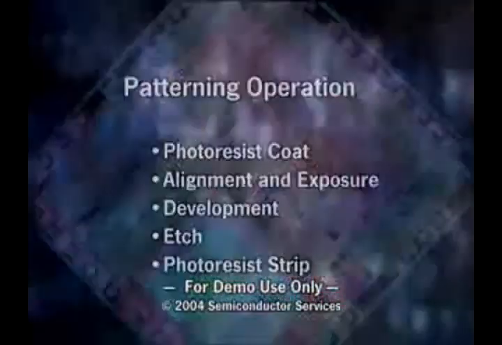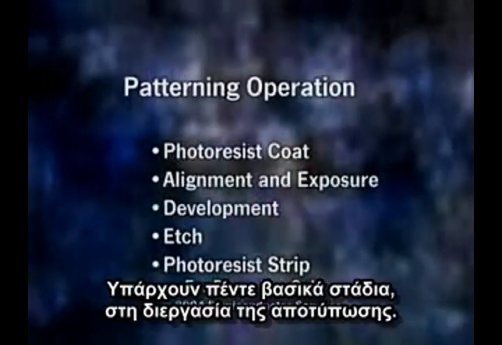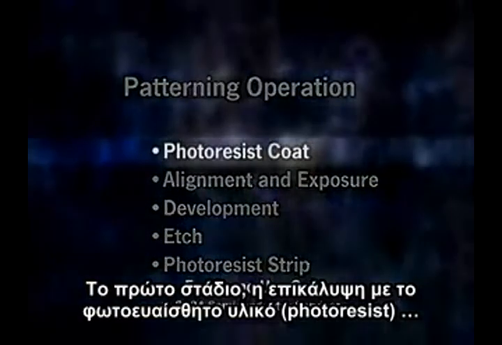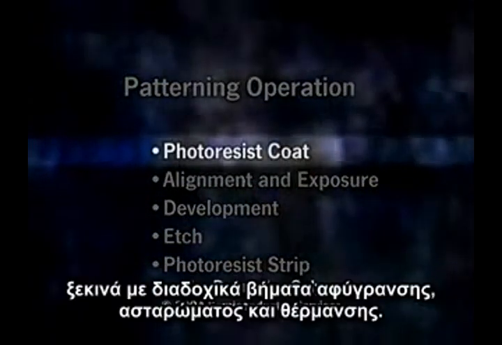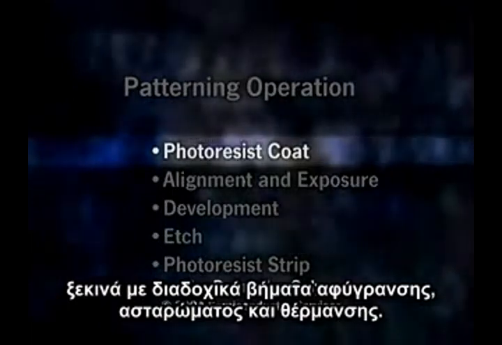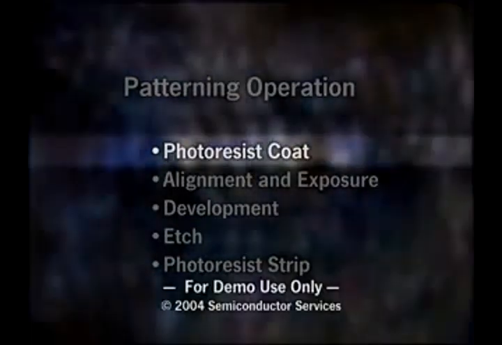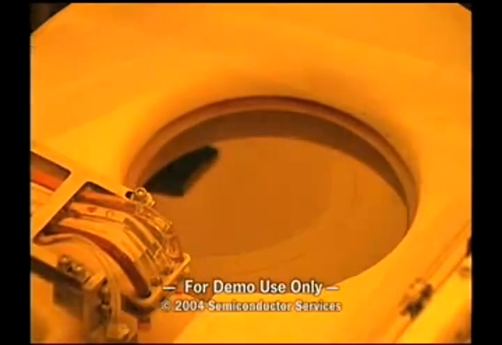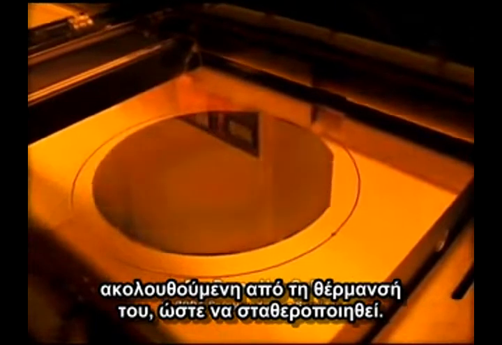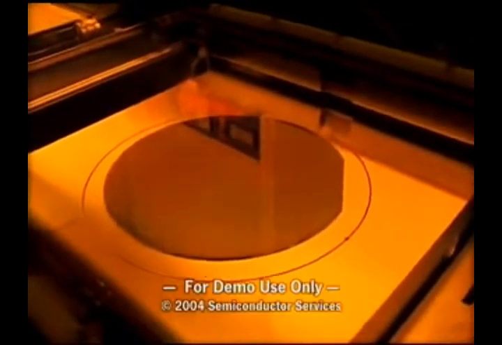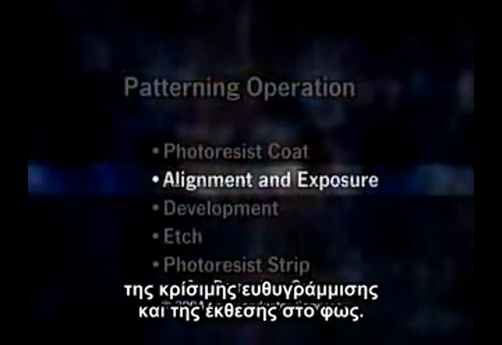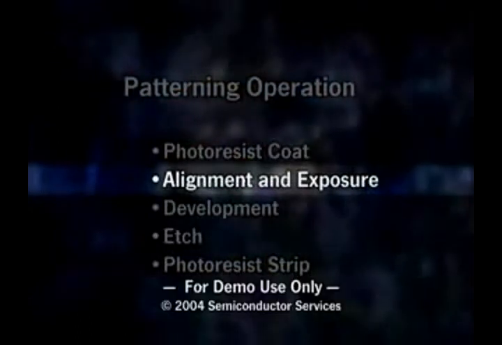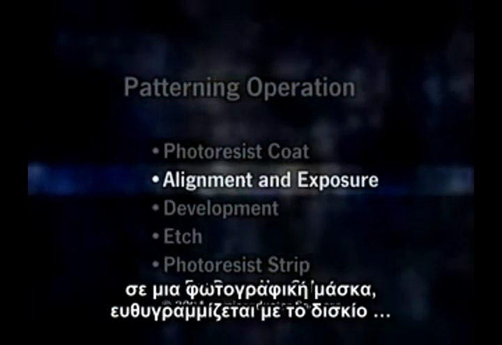Patterning is the most demanding and costly semiconductor manufacturing operation. There are 5 basic steps to the patterning operation. The first, photoresist coat, begins with sequential dehydration, priming, and baking steps. These are followed by the application of photoresist in a spin process and another baking step to drive off the photoresist solvents. In step 2, the critical alignment and exposure procedure, the pattern on a reticle or photomask is aligned